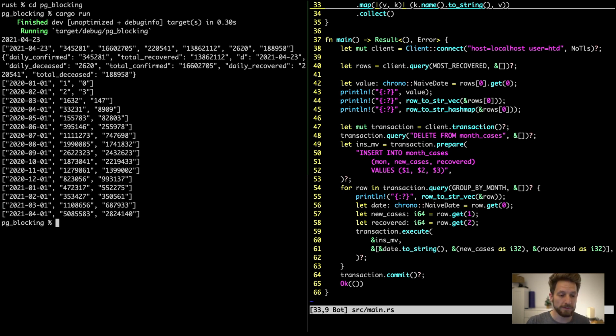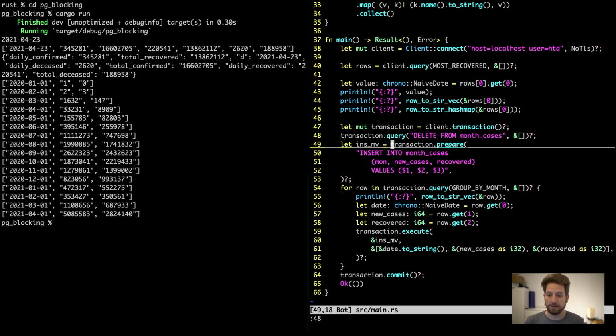Now one cool extra feature that Rust provides you is, of course, the borrow checker. So in line 47, we start the transaction. And let's suppose you are about to refactor this code block to make it a transaction because it wasn't before. Then the old code would have at the different locations, like here and here, the client as the variable. So let's suppose you forgot to change that in your refactoring. Then a normal